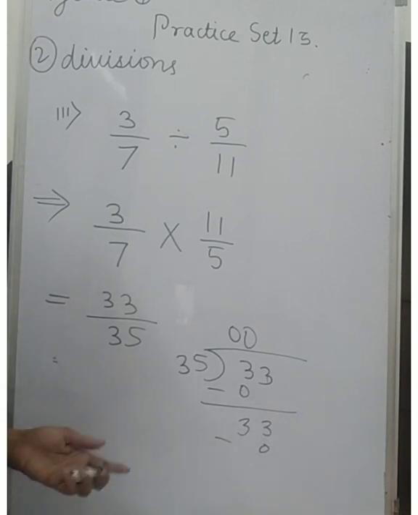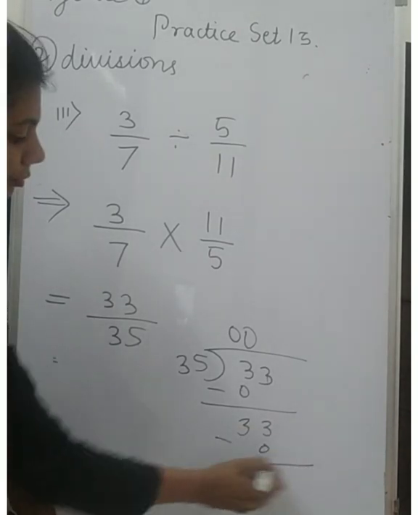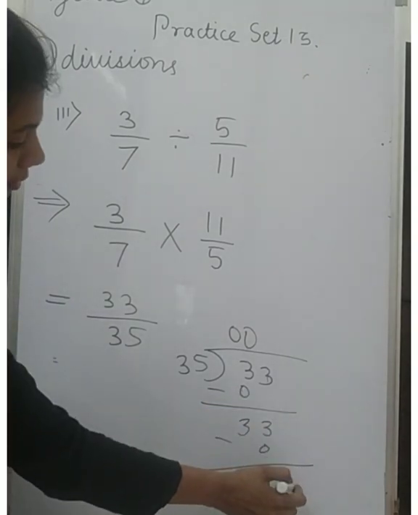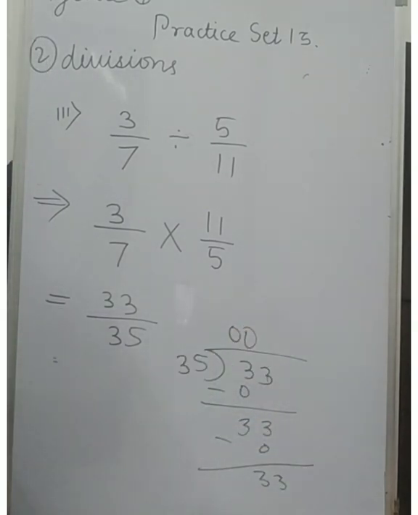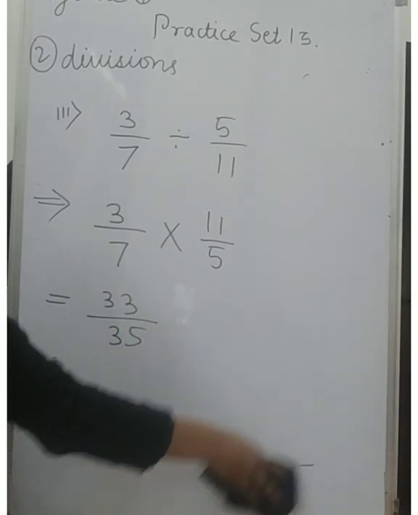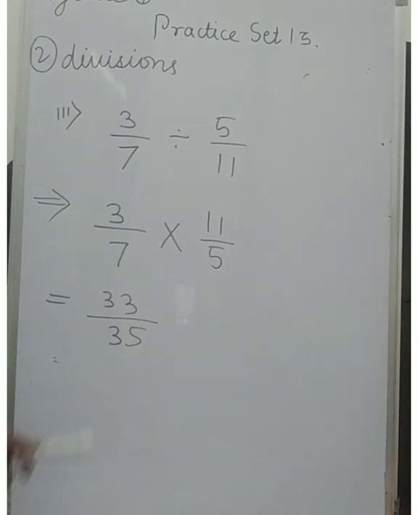So like this you can do, but you need not find it because it will be again the lengthy procedure. Okay, so let's not do it. It will be in the decimal form. Why? Because this is smaller and this is the greater. So don't write in the mixed number, okay? So just this is enough.